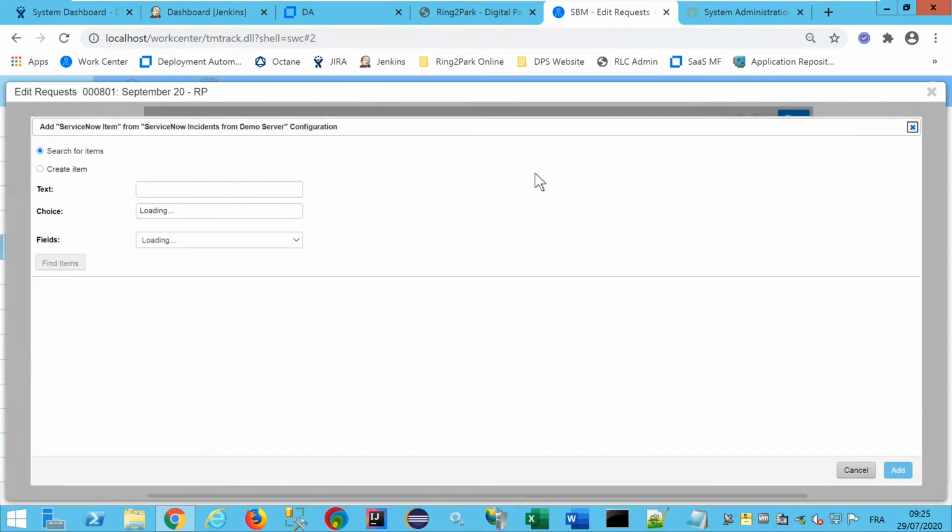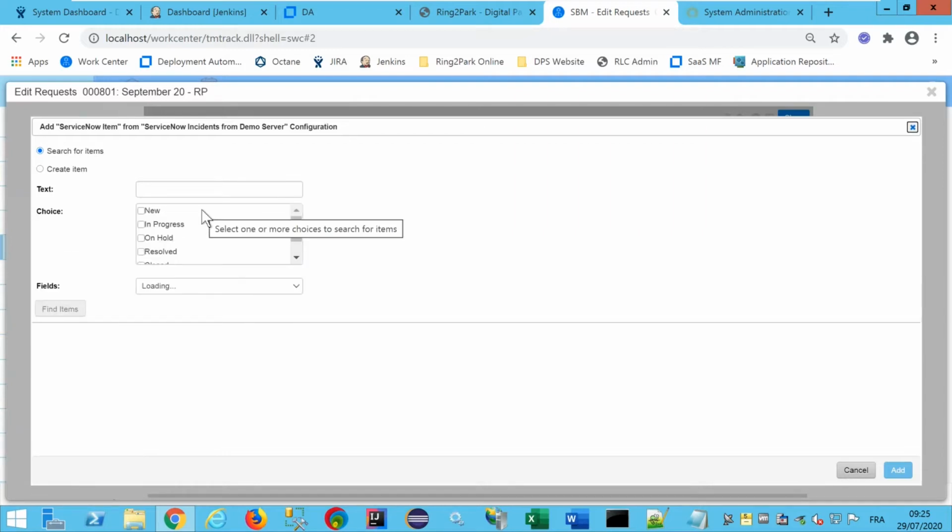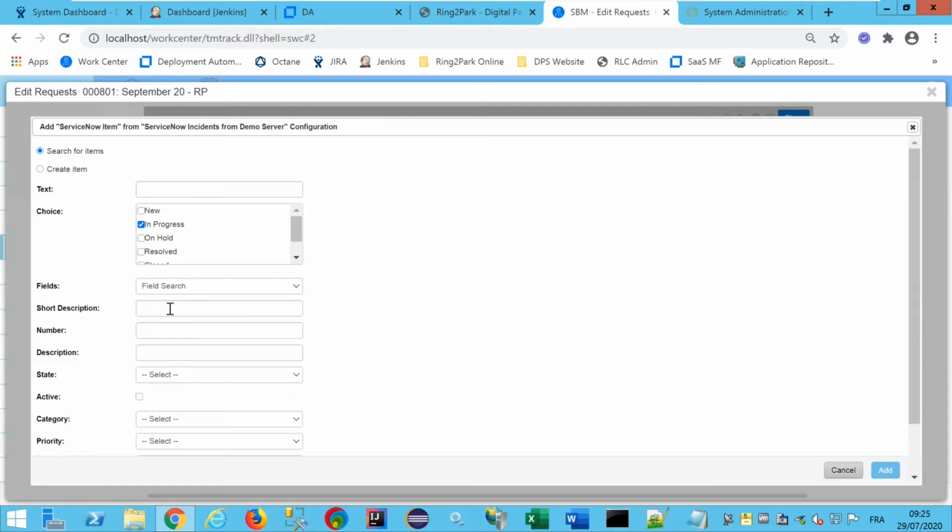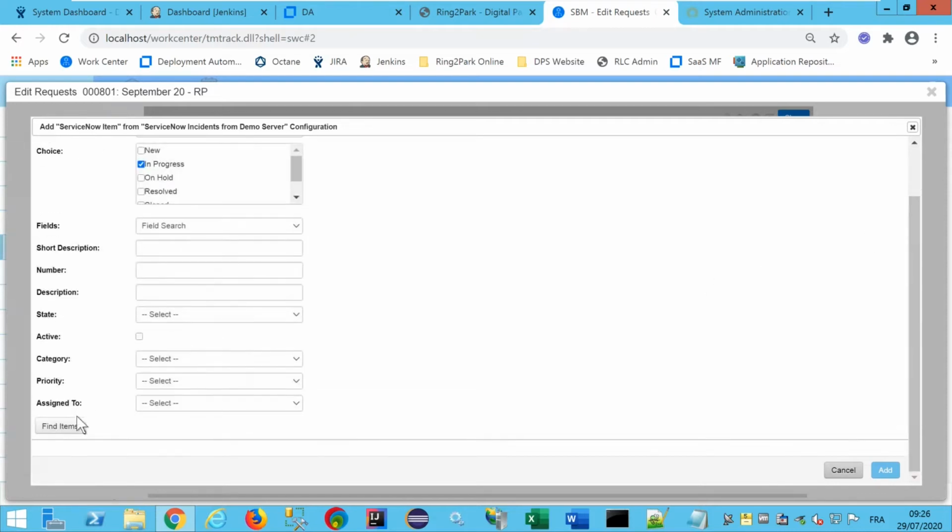So here you can use different filters to search the ServiceNow items, and for instance, as the criteria, you can say, okay, show me all the incidents in the in progress status. There are other fields if you need them to execute your search. So let's go directly to find items.